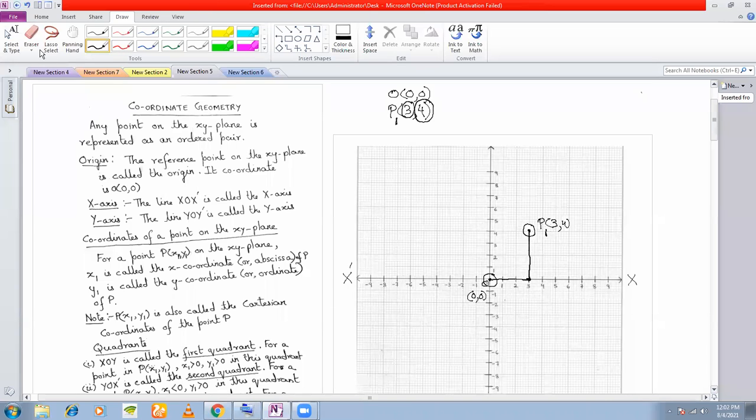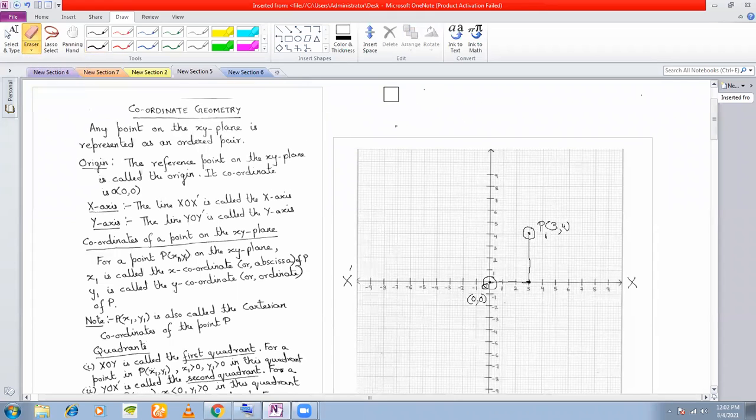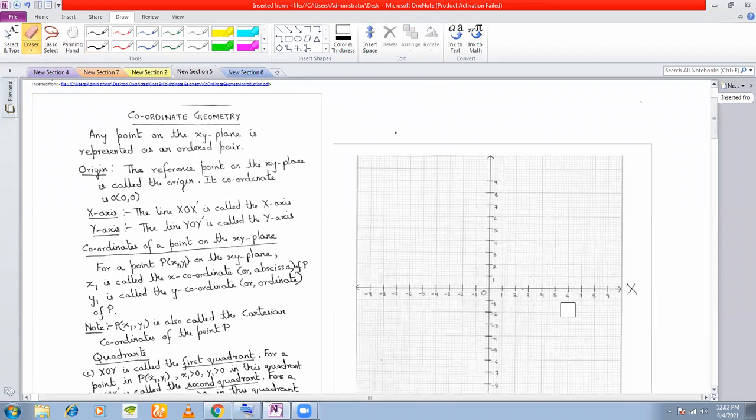Let's take a few more examples. Let us take another example. Say you have to plot the point P2, minus 5, 4. Now look here, the x coordinate is negative, right? The x coordinate is negative means from the origin, we will not move in the positive direction. Now we'll start moving in the negative direction. How many units? 5 units. So I start moving and I reach minus 5. Why minus 5? Because I see there is a minus sign here. Clear with this?